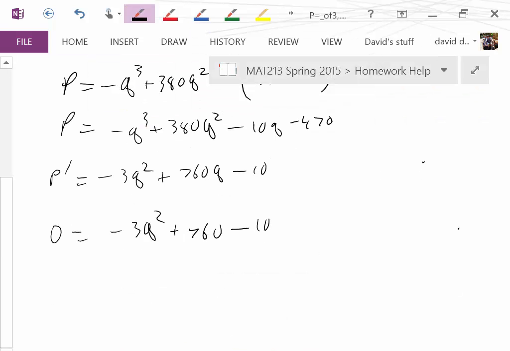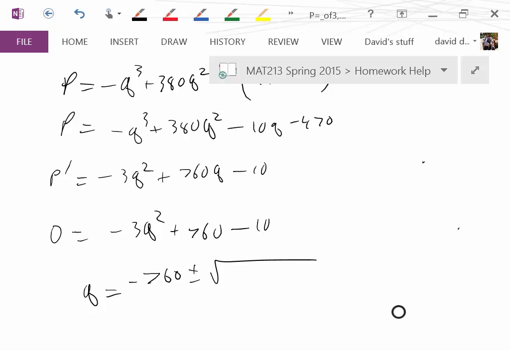Now, to me, this does not look like it's going to factor. It might, but just by taking a look at it, it doesn't look great. So I'm just going to jump straight to quadratic formula and say that's Q equals negative B, so it's negative 760 plus or minus the square root of B squared. 760 squared is not going to be little. So my handy dandy calculator is telling me that is